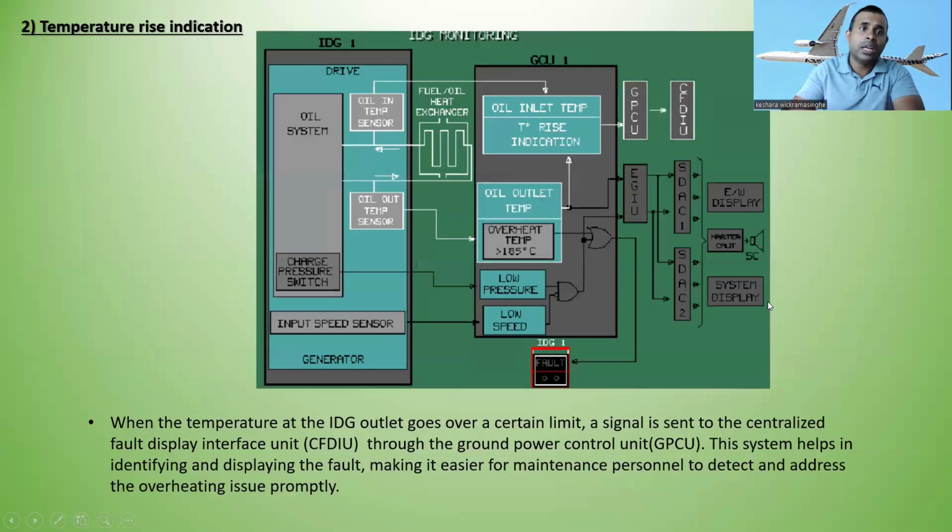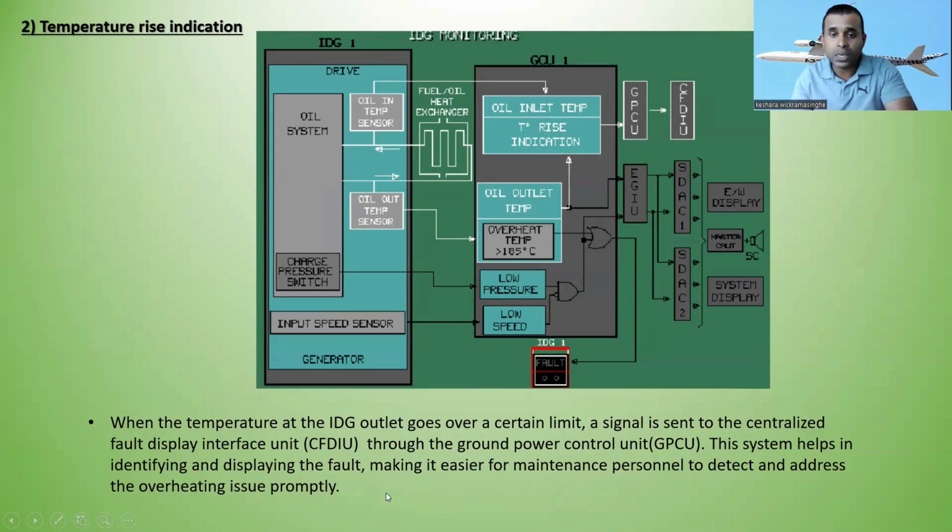All right. So now let's go to the temperature rise indication. Same schematic diagram. So when the temperature at the IDG outlet goes over a certain limit, a signal is sent to the centralized fault display interface unit, CFDIU, through the ground power control unit. This system helps to identify and display the fault, making it easier for maintenance personnel to detect and address the